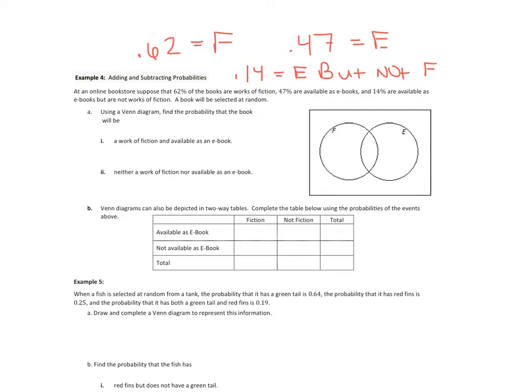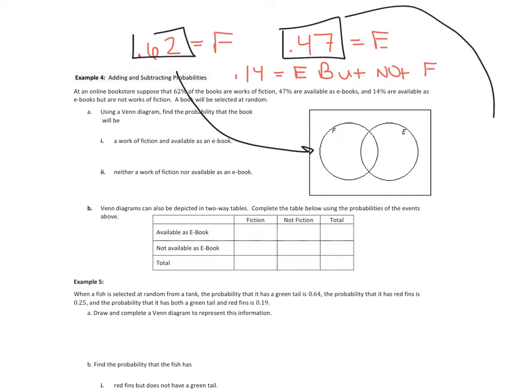So what this means is that 62 is this whole circle of F, and 47 is this whole circle of E. With a Venn diagram, it's not that I'm going to put 62 here and 47 here. I need to remember that there's an overlap that I have to keep in mind. And this guy right here, the 0.14, is going to help us. This says it's an ebook but not fiction. That would go right here on the Venn diagram because it's an ebook, but it's not overlapping with the fiction